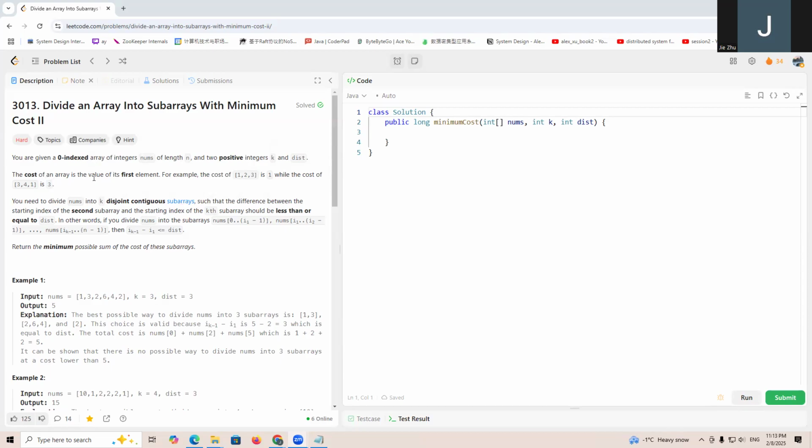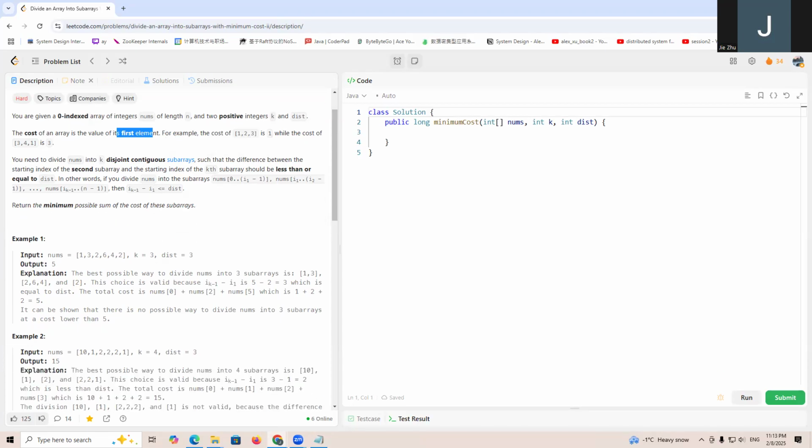So what is the cost? It is the value of the first element. We need the sum of the costs to be minimal. But we need to satisfy several conditions: we need to divide into k subarrays, and the start index of the k-th subarray minus the start index of the second subarray should be less than or equal to dist. We know the first element will always be selected, right? So then that means we need to select k minus 1